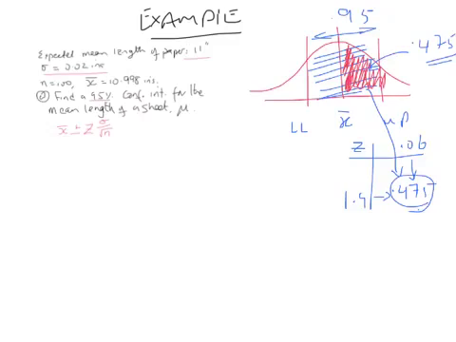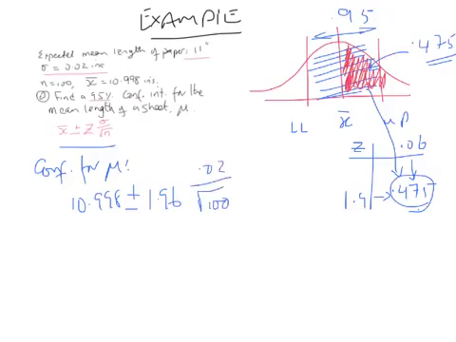So let's substitute our values then. Confidence interval for mu, we already have the formula right here, so it would just be, our point estimate is 10.998 plus or minus what is our Z value, 1.96, or our critical value, and sigma is 0.02 divided by the square root of 100. That actually gives us 10.998 plus or minus 0.0039. Okay, that is the interval,